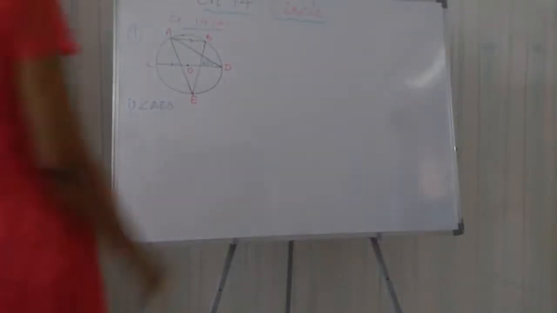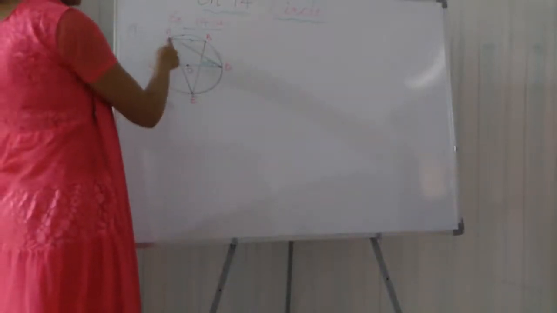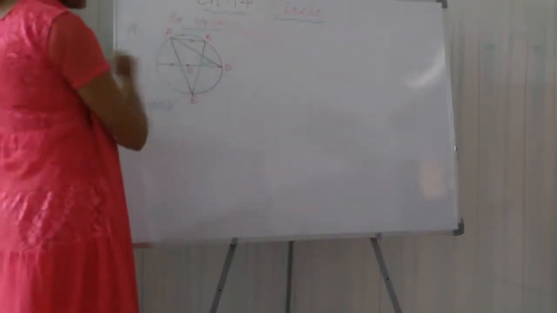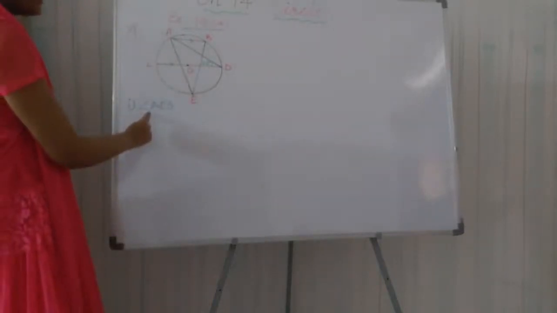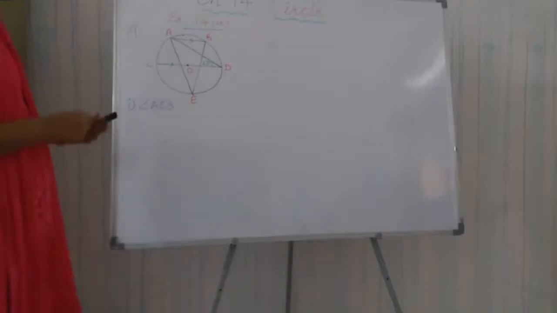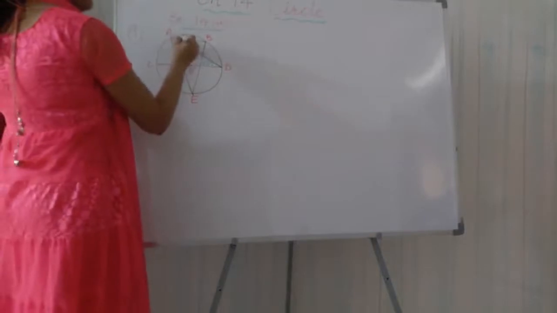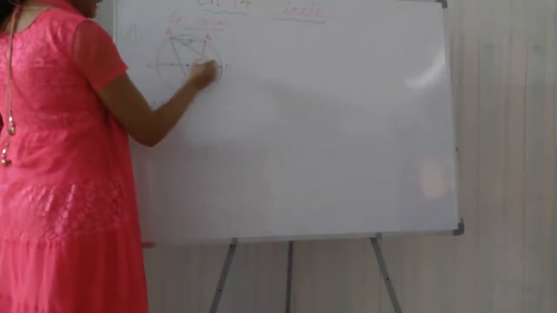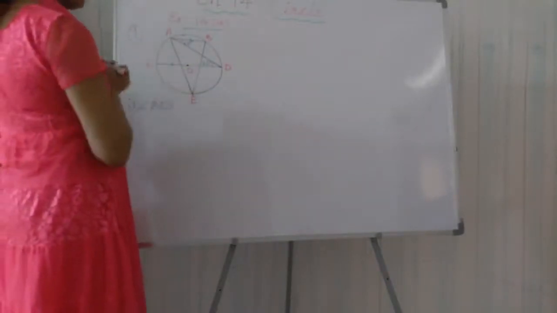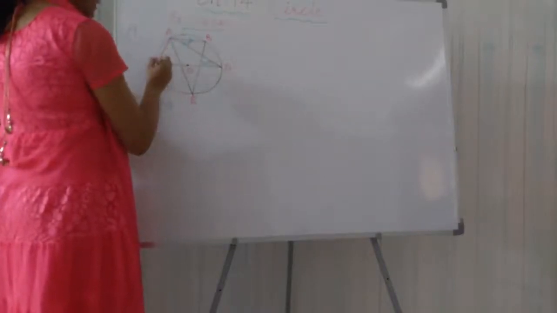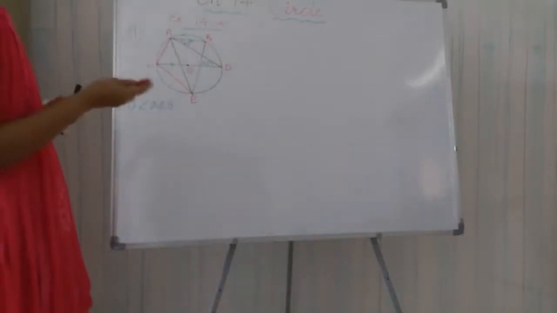Now taking the next question, question number 9. In this question students, the figure is given like this and AB is parallel to CD, O is the center and angle ADC is given to us as 25 degrees and you want to find out angle AEB. Also it is written that you have to show your workings. So first of all, here it will make 25 degrees because it forms alternate angles. You can see AB is parallel to CD. One more thing students, let me join these lines here with red color. So it will form a cyclic quadrilateral and also it is necessary. So I am joining them.